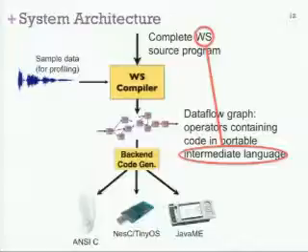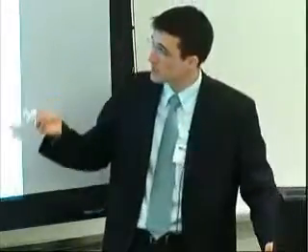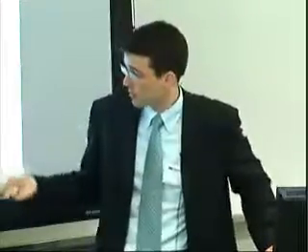Now, the second reason that we've introduced what I would call a multi-stage programming model, where we write a program that's generating another program in the form of a data flow graph, is that we actually want to have an asymmetry here, where we have a different feature set in the compile time language and in the runtime language. And the reason for that is that we want to have an extremely simple runtime language, both because we want it to be easily portable when we add new platforms, and because on some of these small platforms, you might not want to pay the price for some of these